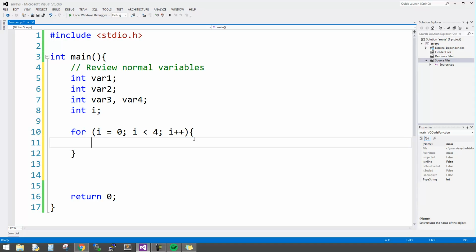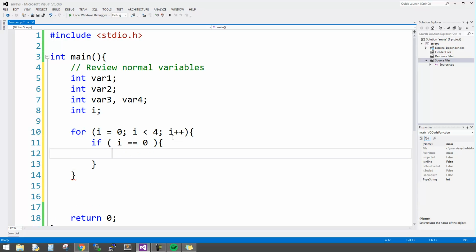We know we want to store user input 4 different times, but how do we know where to store it? Well, we can use the counter to differentiate where it's being stored. So I can use an if statement or a switch. I think ifs we all understand pretty quickly. Switches, I'm sure the same way, but let's just go over the ifs. If the loop is on its 0th iteration, then we want to store the user input